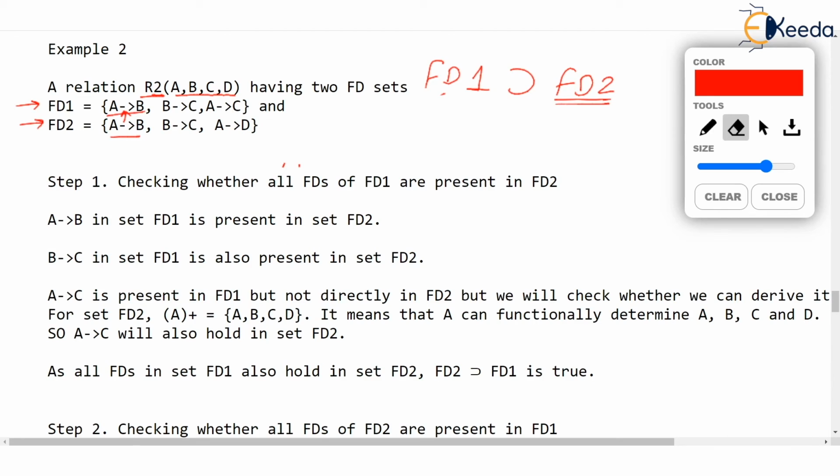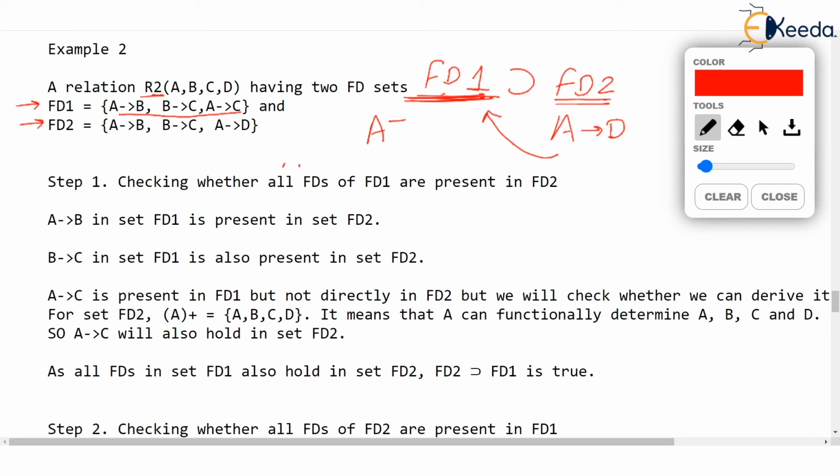Now let's take third dependency. A determines D. It is there in FD2, but can it be covered by FD1? Now you watch, out of the dependencies given in FD1, A determines D is not there directly here. But can it be derived? For seeing this, in FD1, we will find A closure. Because left hand side of the dependency we are talking about is A. And A closure is going to contain A. Observe FD1,